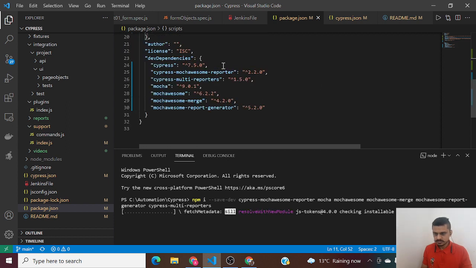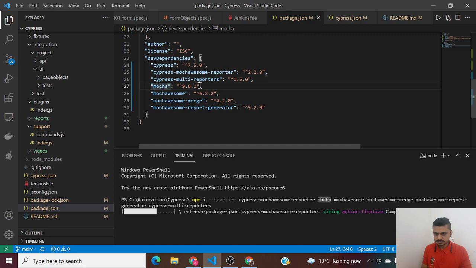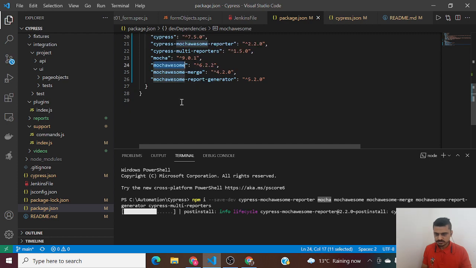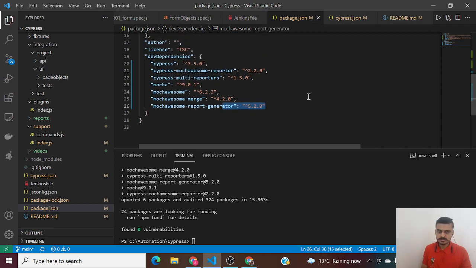We have downloaded Cypress Mocha reporter, Mocha itself, with Mocha's version there, Mochawesome version, Mochawesome merge version, and Mochawesome report generator. All those 4-5 dependencies we downloaded in a single command, and they have been added to our package.json file.